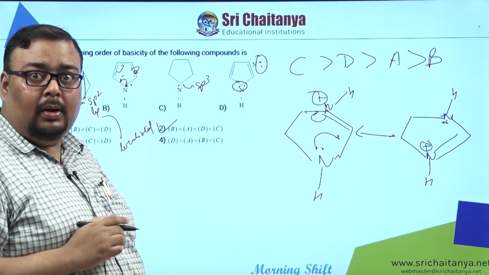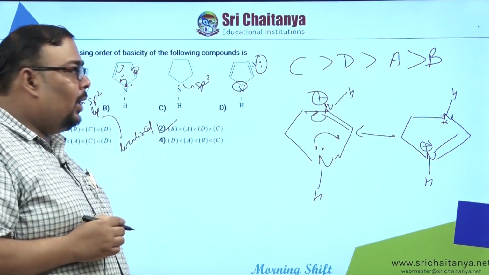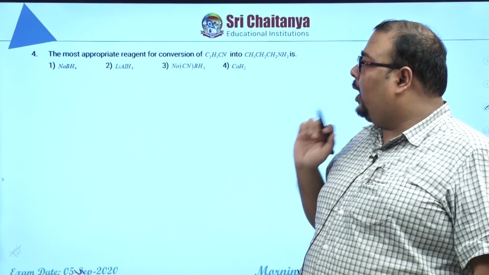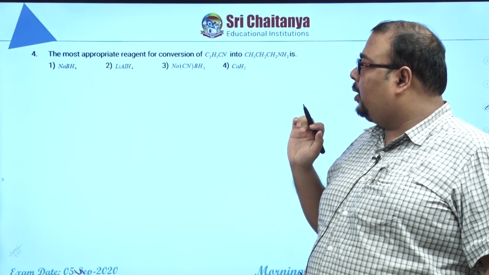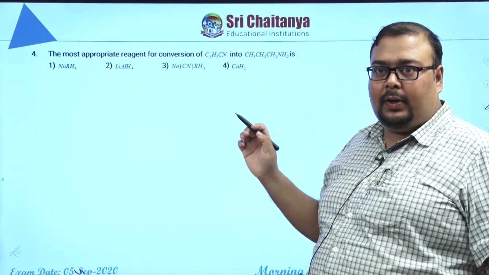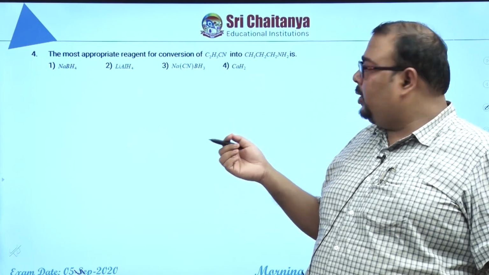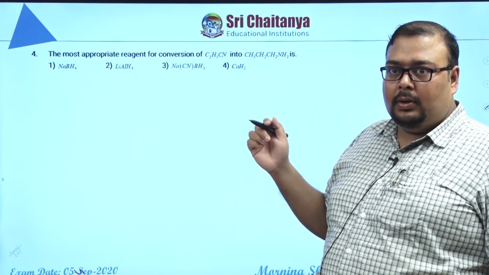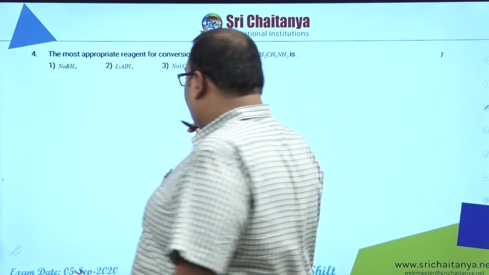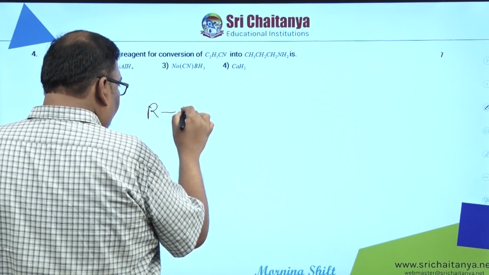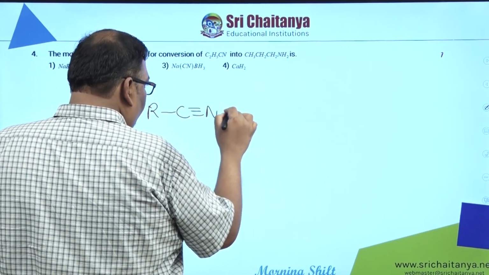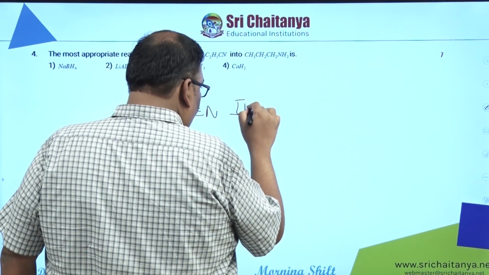Okay. So, let us move to the next question. In question number 4, they are asking the most appropriate reagent for conversion of C2H5CN into C2H5CH2NH2. Okay, so basically the nature of the conversion is something like this. RC triple bond N is reduced to